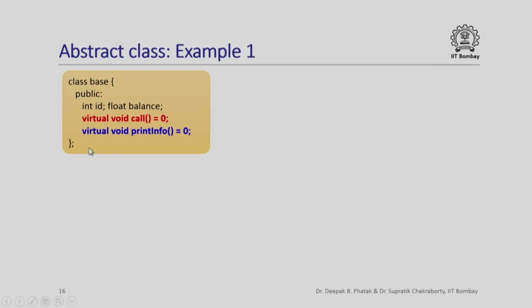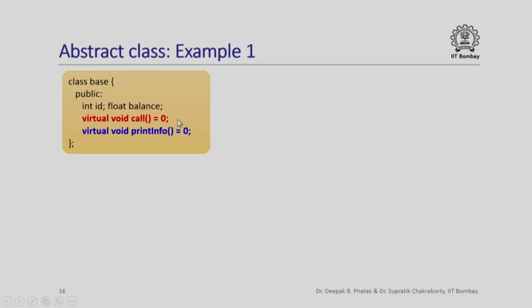Here is the base class, and in this base class I have two member methods, both of which I have declared as virtual, but then I also have this special thing, assigned 0, and this is how we specify what are called pure virtual functions. When I write a virtual function and say equals 0, what I mean is that the class in which this is specified is an abstract class. This is a pure virtual function.